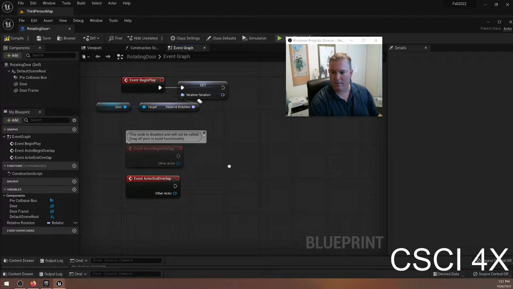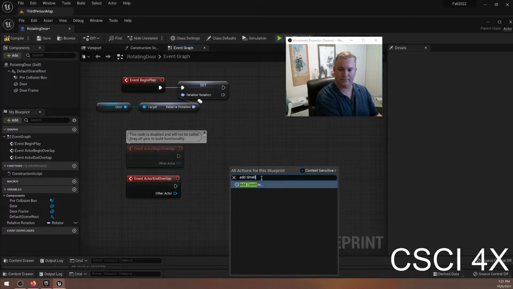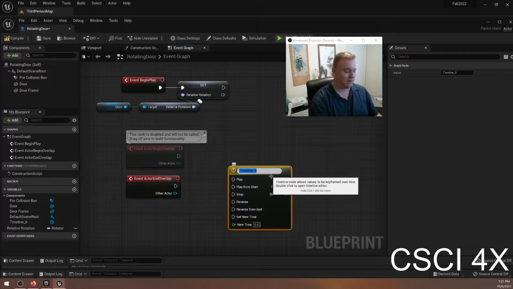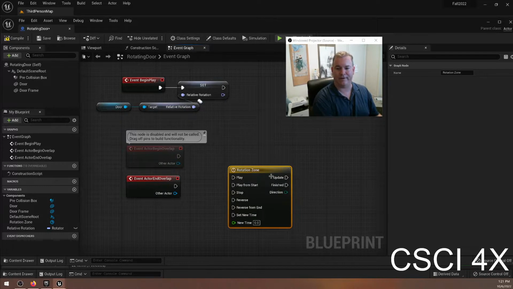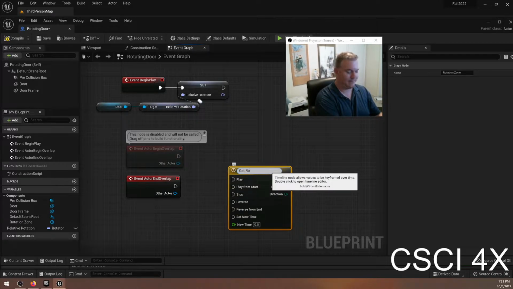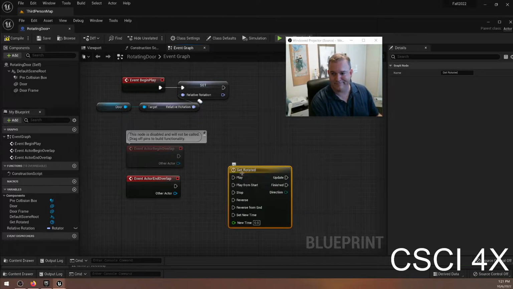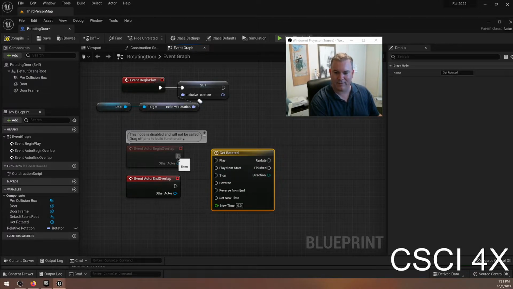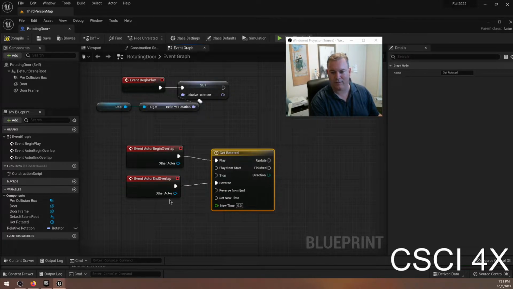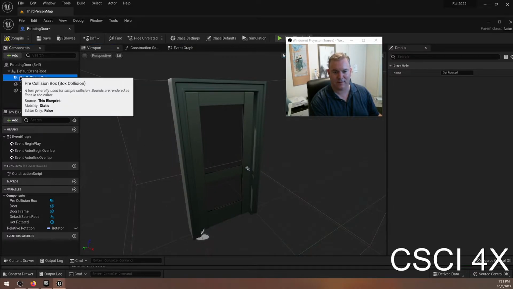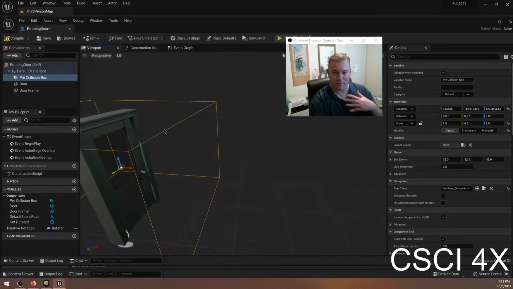Okay. And then we're going to create a timeline. And this will be the rotation zone. So when they enter the collision zone, we're going to play the rotation timeline, and when we leave the zone, we're going to play the reverse. So when they enter this area here, then it will start rotating the door, and when we leave, it'll unrotate